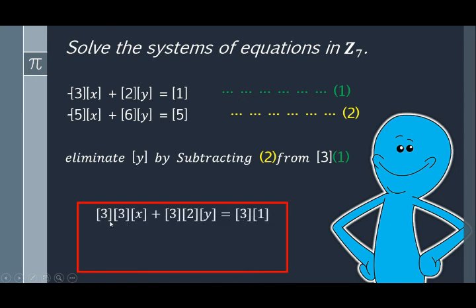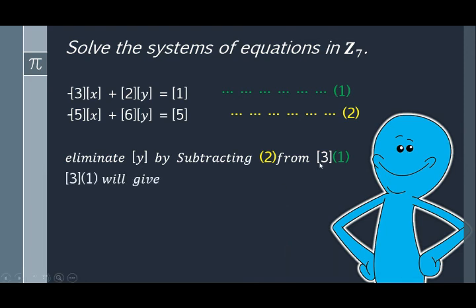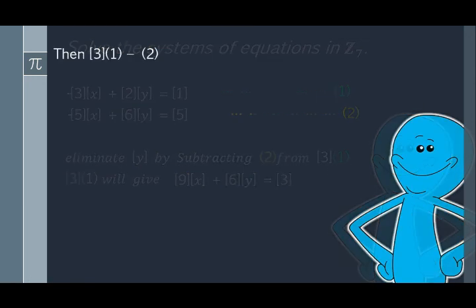So the computation of the congruence class of 3 times equation 1 will give me the following equation. I will have 3 times 3 times x, 3 times 2 times y, which is equal to 3 times 1. 3 times 3 will give me a 9, 3 times 2 will give me a 6, and 3 times 1 will give me a 3. So that means that 3 times equation 1 gives me the equation 9x plus 6y equal to 3. But I'm looking for the congruence class of 3 times equation 1 minus equation 2. Then